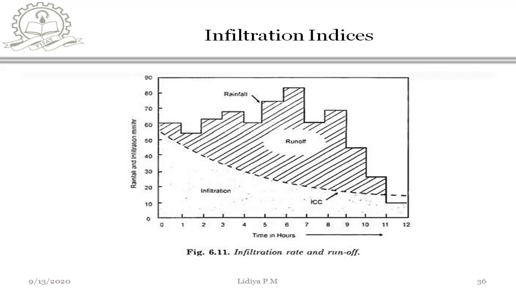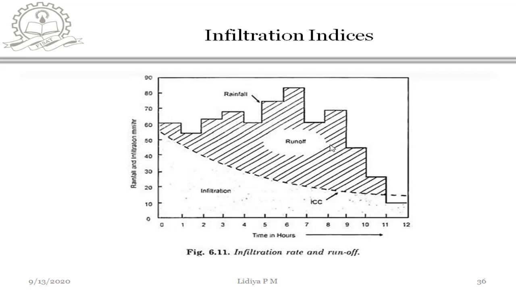Say I got the infiltration capacity curve for a specific type of soil, vegetation, and antecedent moisture condition before the storm occurs. Then I can just superimpose this infiltration capacity curve over the hydrograph. The portion which is above the infiltration curve represents the runoff. So I can simply deduct the total infiltration from the rainfall, and I will get the runoff.